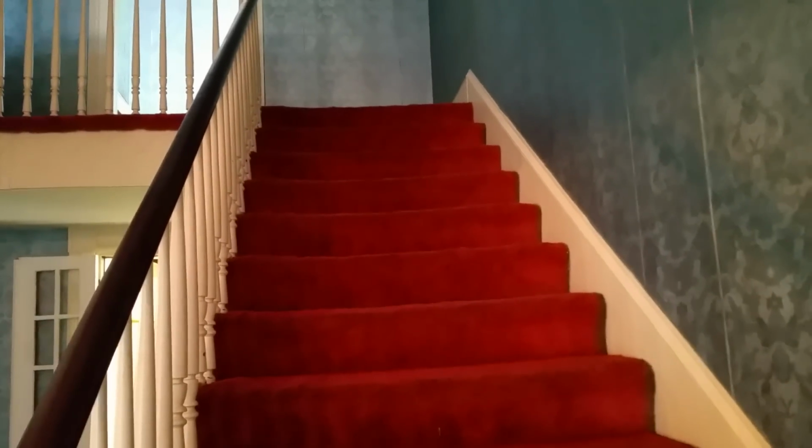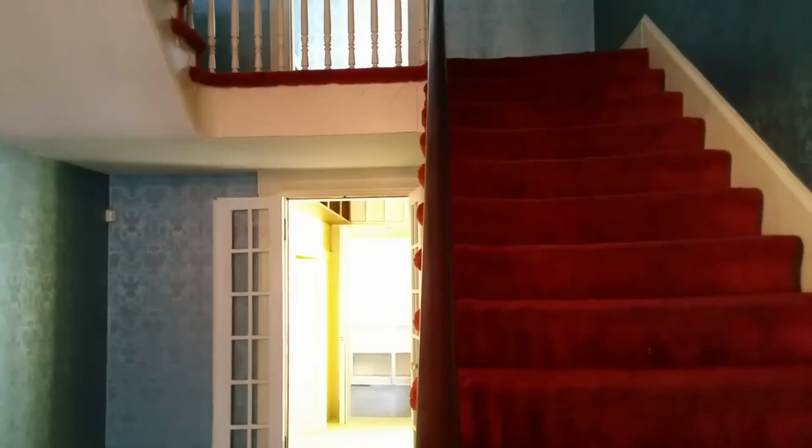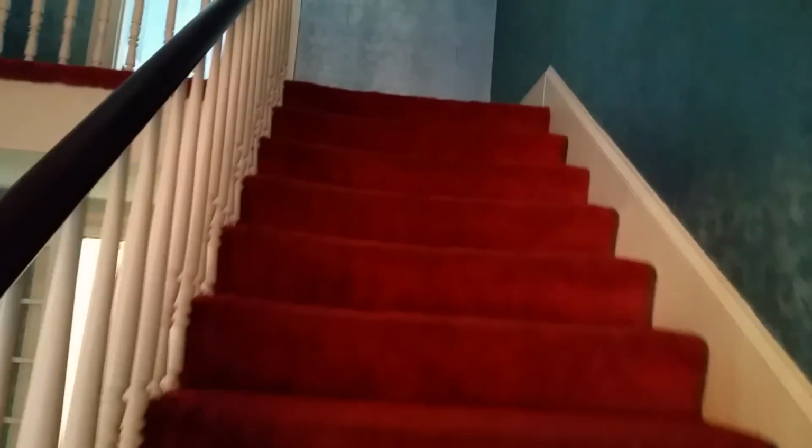Okay, let's walk up the steps. Karen, what is the number one thing about the steps we were taught growing up? Not to slide down the banister. Not to slide down the banister. So let's head back upstairs. But it is fun to slide down the stairs on your butt. Yes, and several of us have fallen down the steps and survived, so if you're worried about that, yeah,